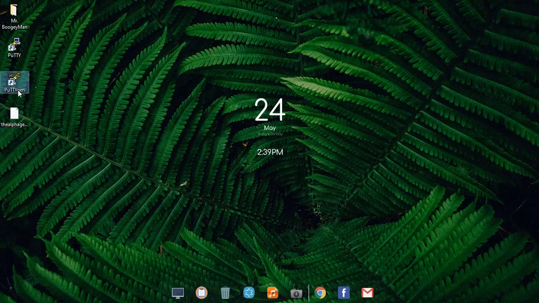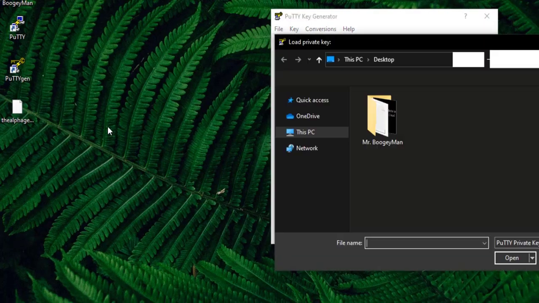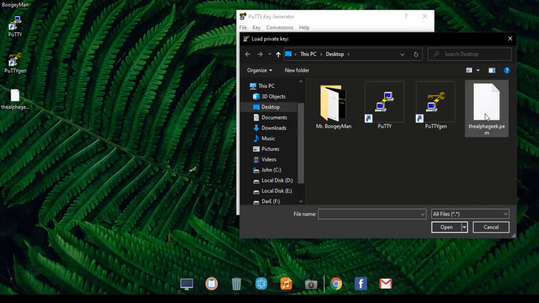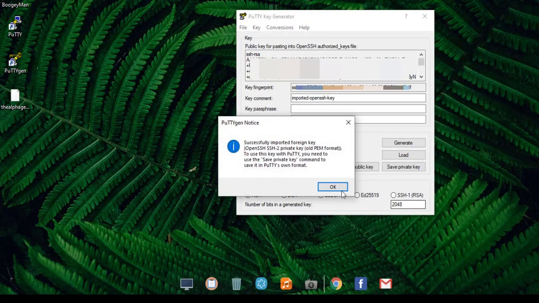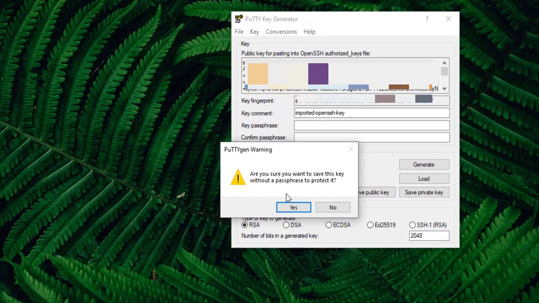Now you can take PuTTYgen. Go to Load and load the PEM file. Go to All Files, click on the PEM file and open it up. Now save the private key. If you want to give a passphrase, it is more secure and I'd support that, but for this example I'm not going to give a passphrase.